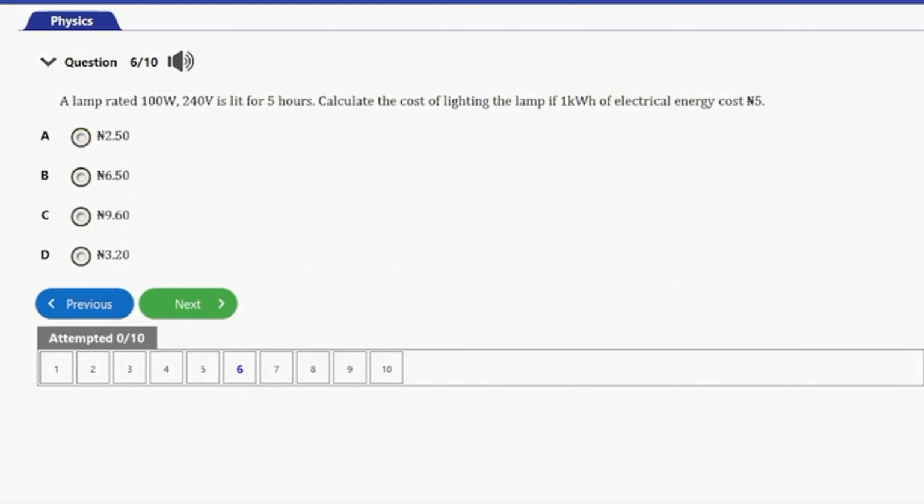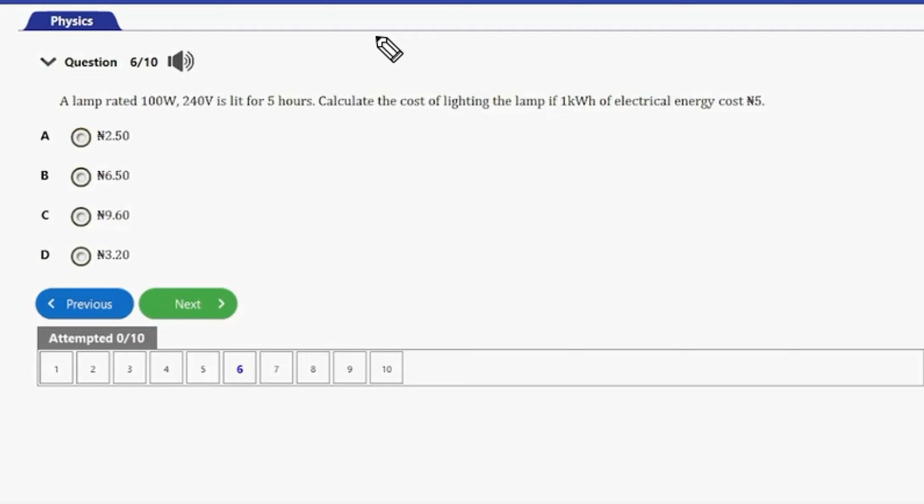That's question number 6 here. It says a lamp rated 100 watts 240 volts is lit for 5 hours. Calculate the cost of lighting the lamp if 1 kilowatt hour of electricity energy costs 5 naira. So 1 kilowatt hour will cost 5 naira, and actually a lamp that is 100 watts 240 volts is lit